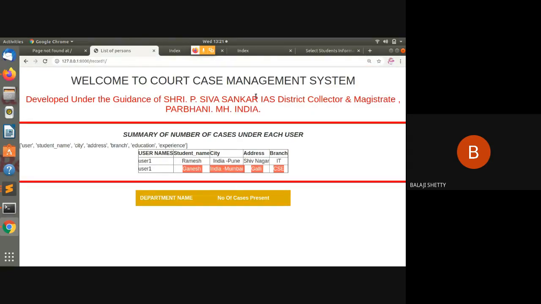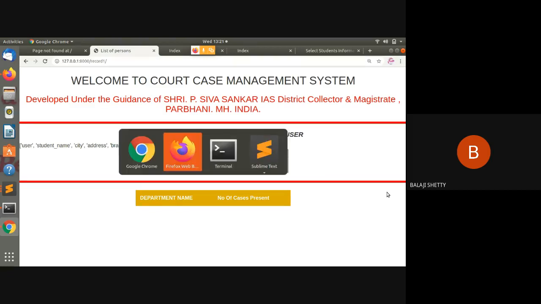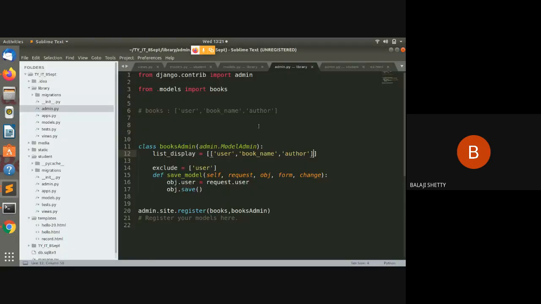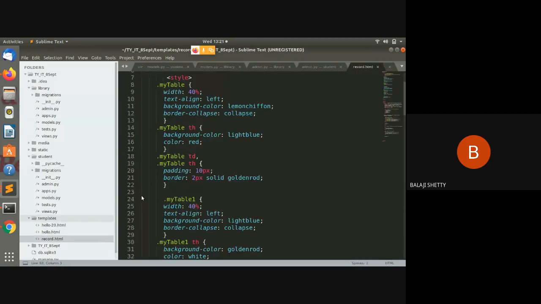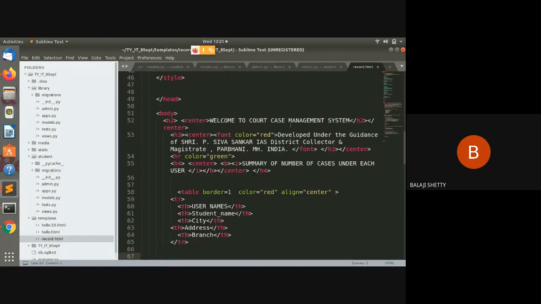Okay, just forget these above two titles. These are the demo files I have taken. So better I change the code here. Here my record is record one. So what is that file? Student templates record. Yeah, so this is my file.